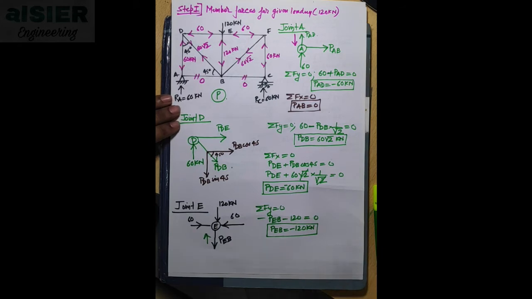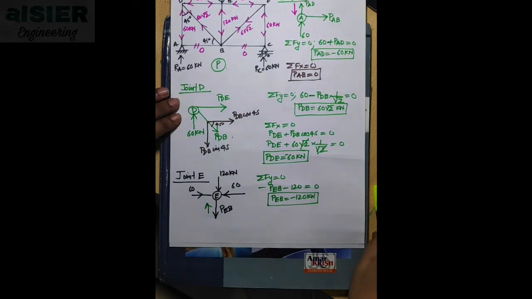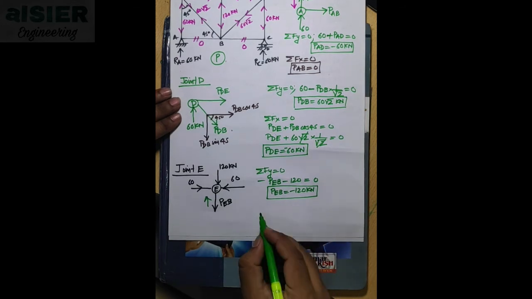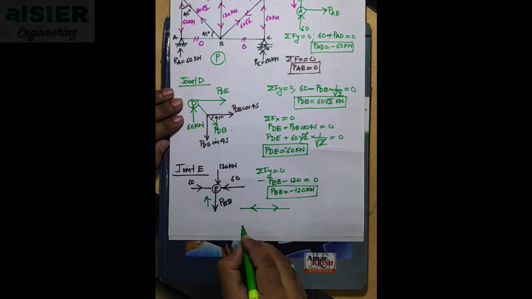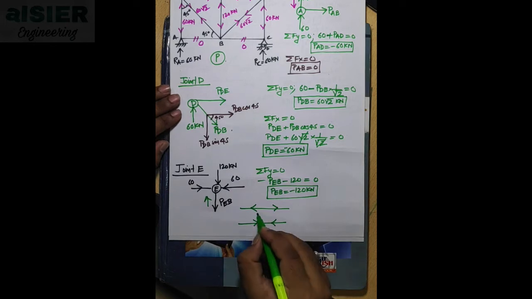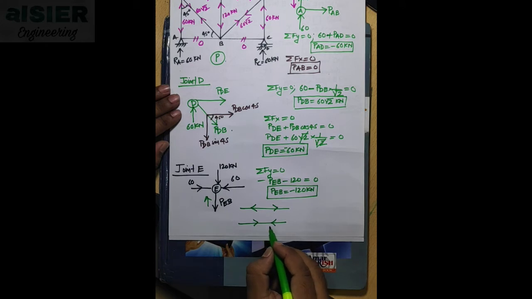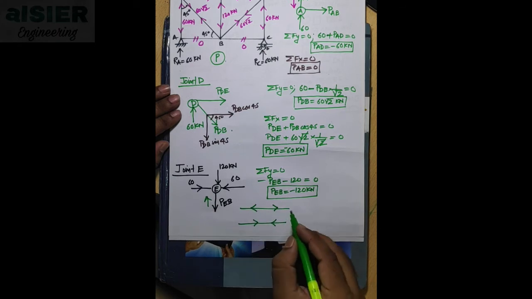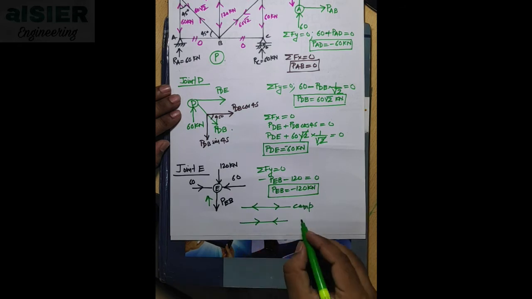Okay, now we have calculated the member forces. Now this is an important thing. While solving the truss, we will get two types of forces. One will be like this, and other will be like this. In general, we considered forces going away from each other as tensile and forces coming towards each other as compressive. But while solving truss, we will consider forces away from each other as compressive and forces towards each other as tensile.